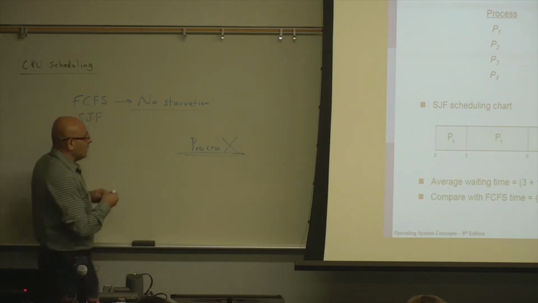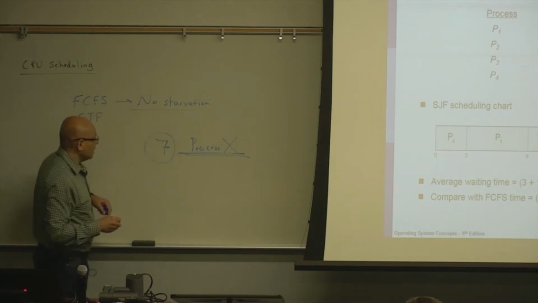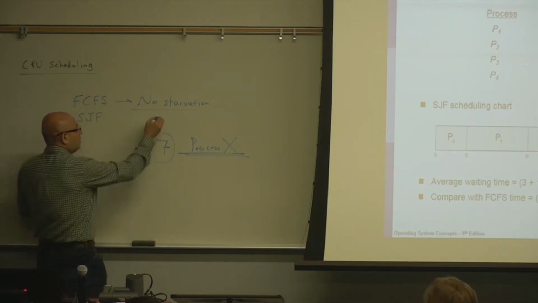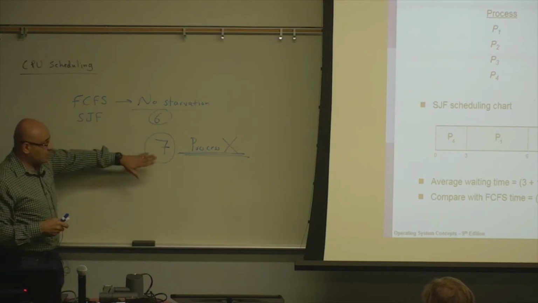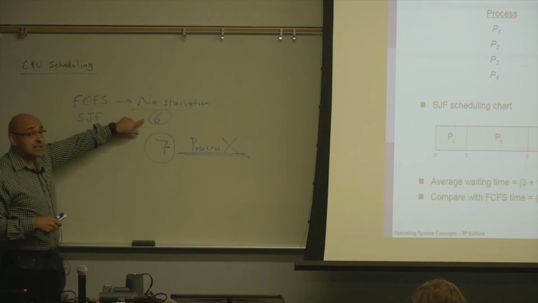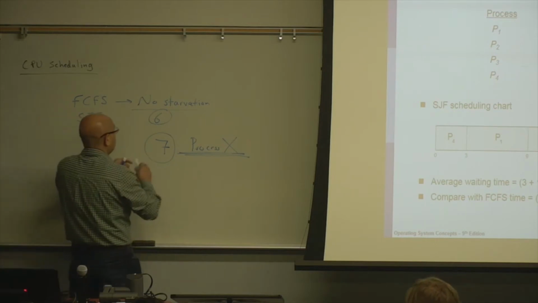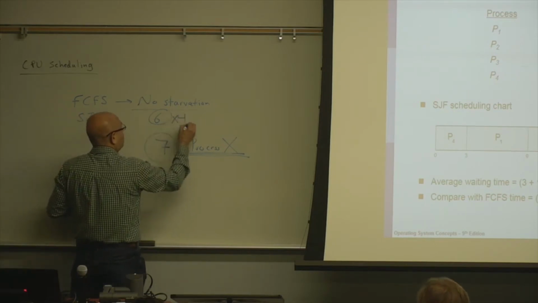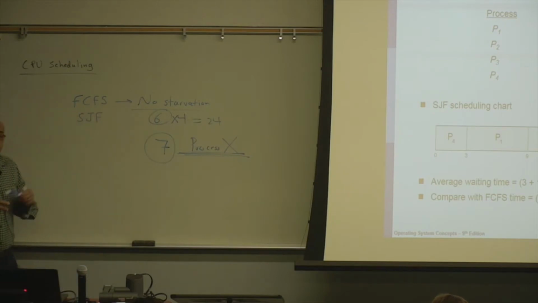So basically, if I am number 7 in the queue, and there are 6 other processes, then to avoid starvation, I should wait for 6 processes only. It could be that each of these 6 processes gets 4 turns. So it will be perfectly fine to wait for 6 times 4, which is 24. That will still be bounded waiting. As long as there is a bound, as long as there is a limit, there is no starvation.